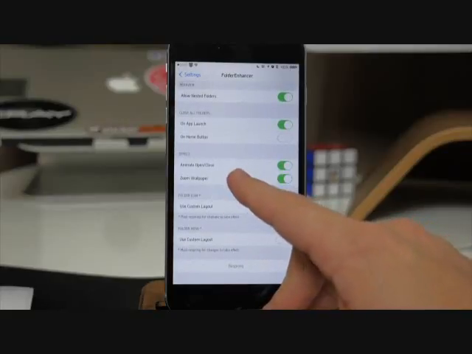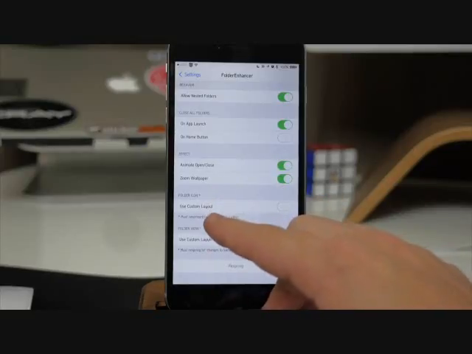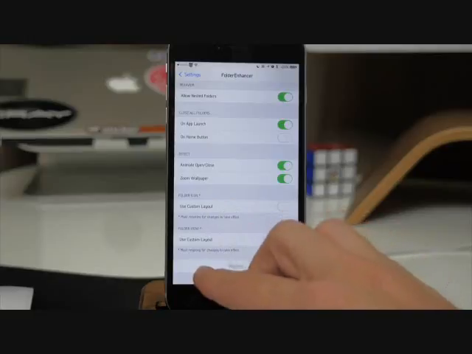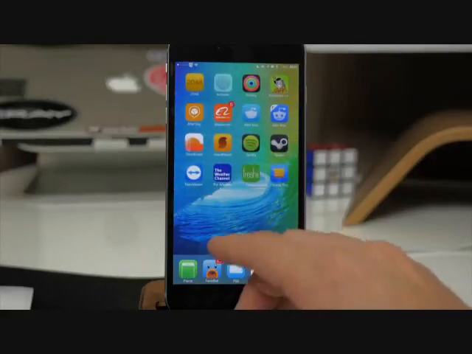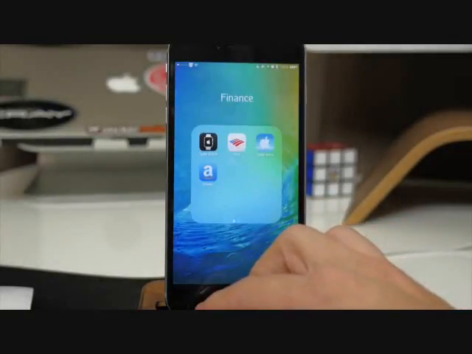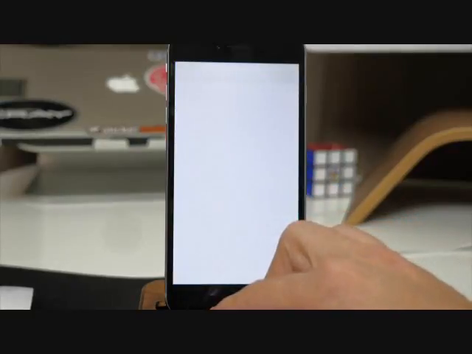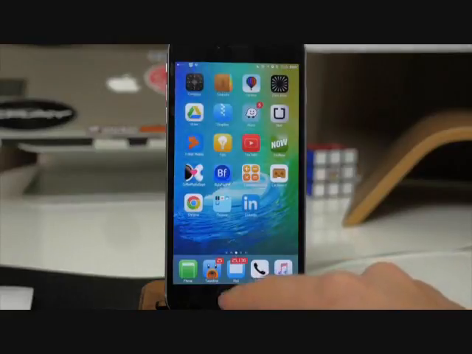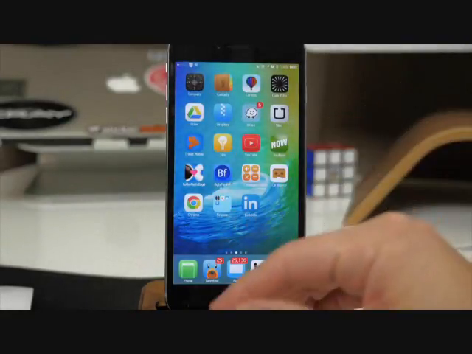Down here you can also change the effect, so if you want to animate when you open and close, you can toggle that on, or if you want to zoom your wallpaper, toggle that on. Right down here you can use a custom layout as well, or you can use a custom layout for the folder view. So if we go back here, you'll notice that if we open up a folder, I do have a folder here somewhere, let's go ahead and open that up. And now let's say that we open up just the Apple Store. So we'll open this up and then we'll go back to the home screen. Now you'll see this can go back to the actual Springboard rather than to that folder